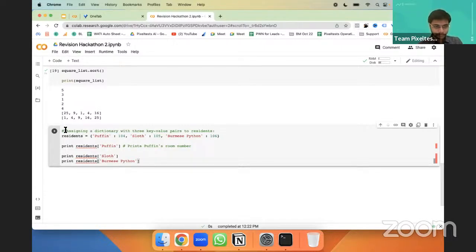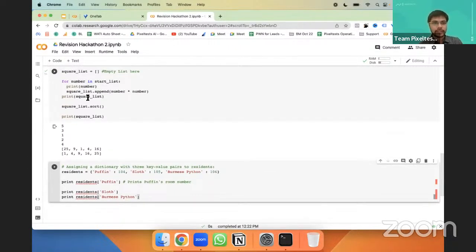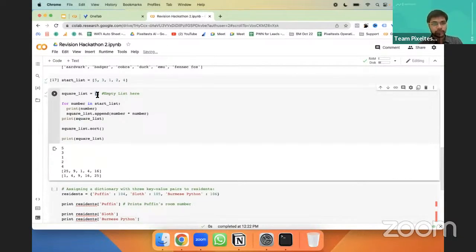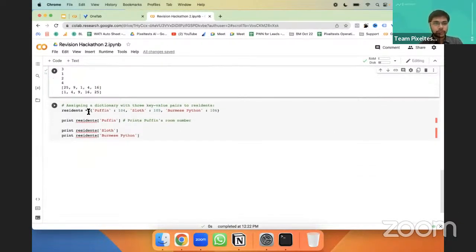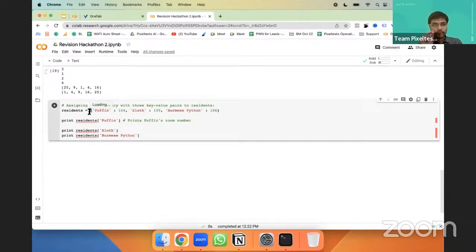So now you see what we are doing here is, when we are creating a list, we are using square brackets. But when we are doing a dictionary, what we are doing? We are using curly brackets, and first we have the key. Let's just say puffin.